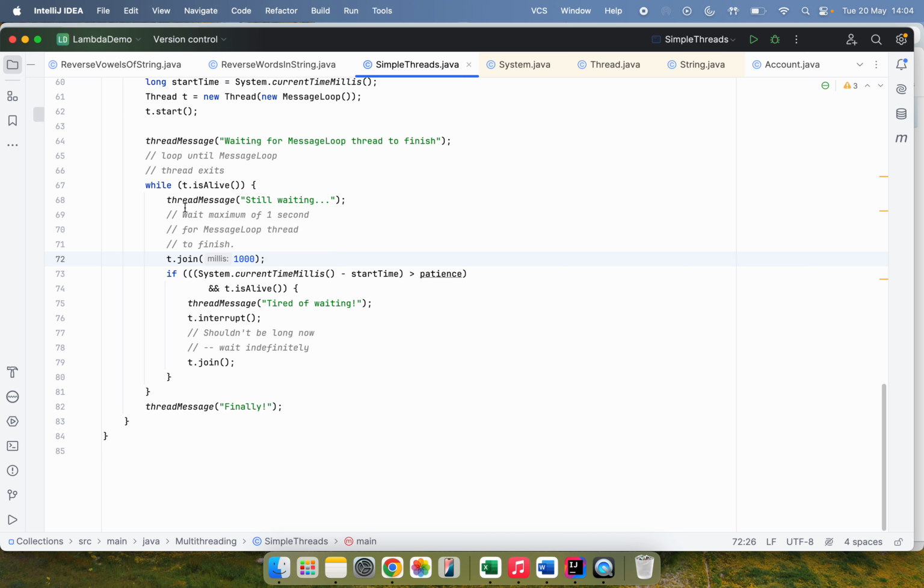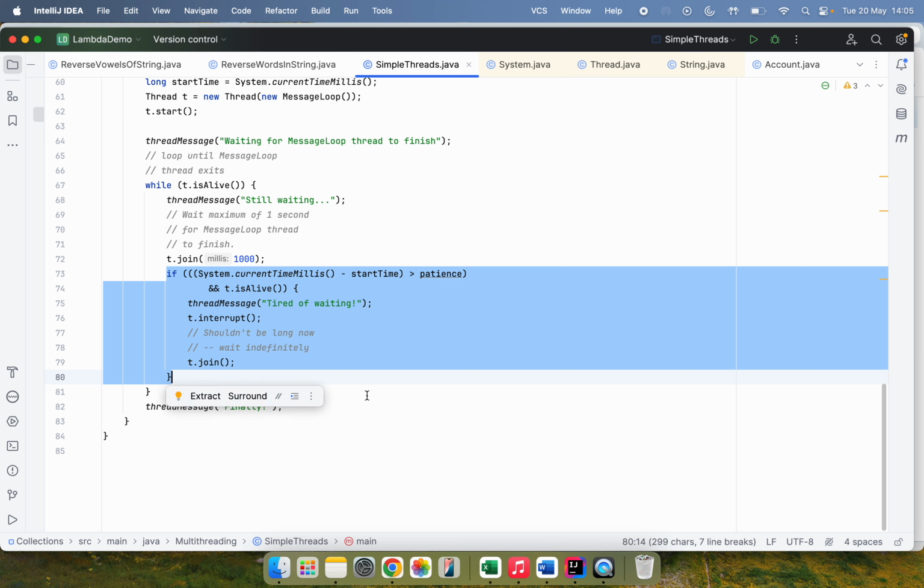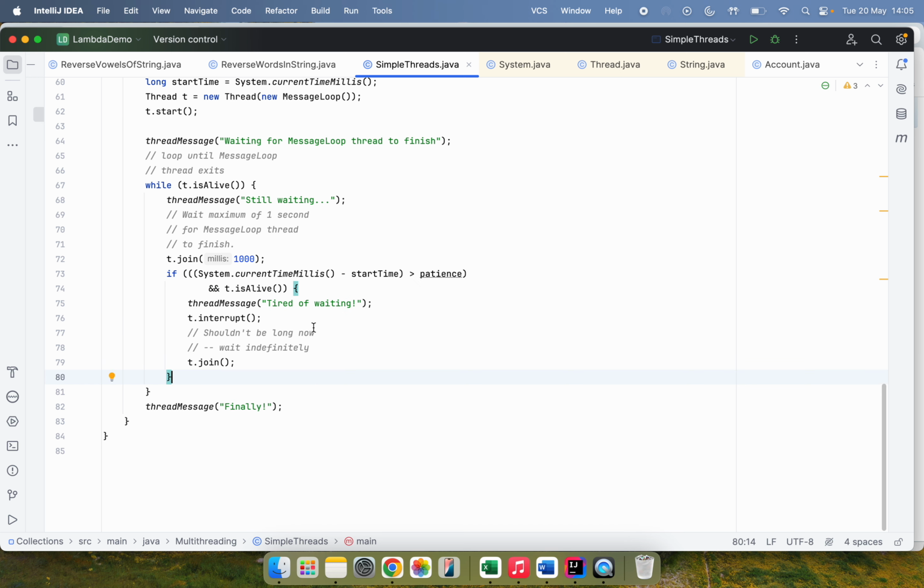So basically, once we start the thread, it comes here and checks that the thread is alive, and when we say thread.join, it waits for a second before executing this condition. It will come here and see that okay, patience has not reached 8. So it will again check if the thread is alive, print "still waiting" again, and then wait for another second. So it will go into the loop